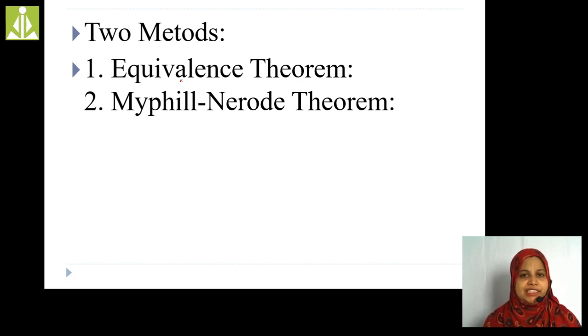Again, we draw the transition table for those states by using the sets, the set of final states and the set of non-final states. Then we check the properties, and we divide the sets into different types of sets. This is the main procedure of how we perform DFA minimization by the equivalence theorem.